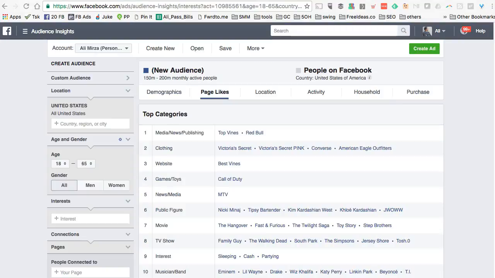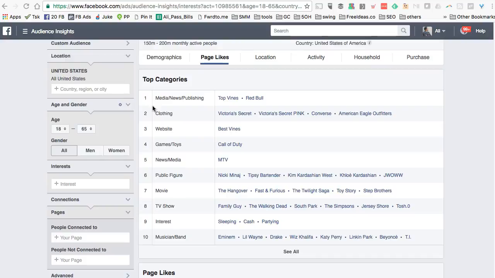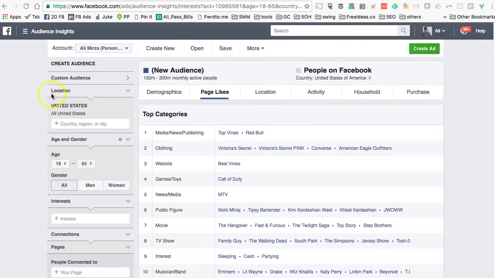So let's actually take another example, and let's say you want to create a Facebook campaign for a client of yours that is a furniture store, or maybe you own a furniture store yourself. So let's use this tool and find some targeting examples and options for our ads. So first of all, let's go to create audience, and this has United States in it, so